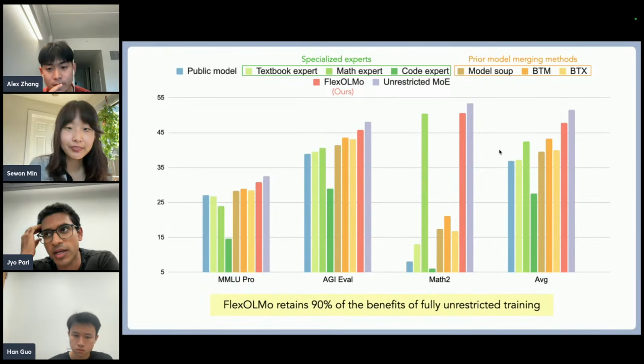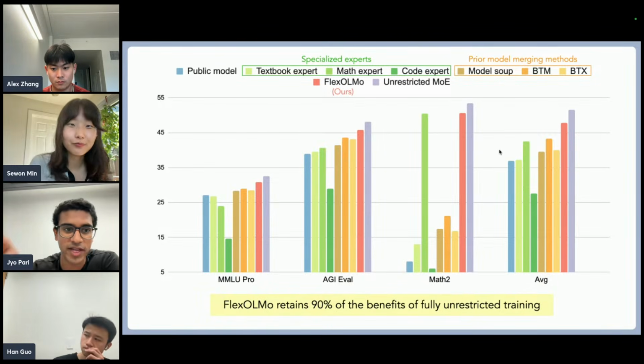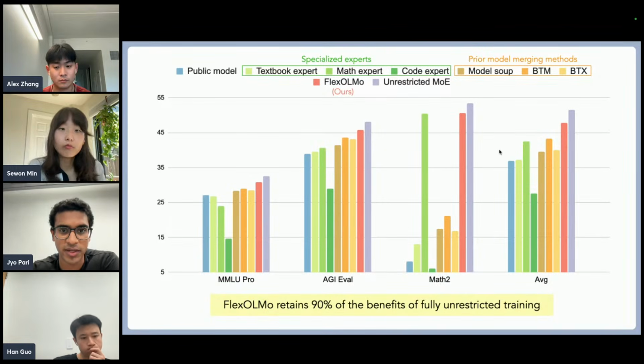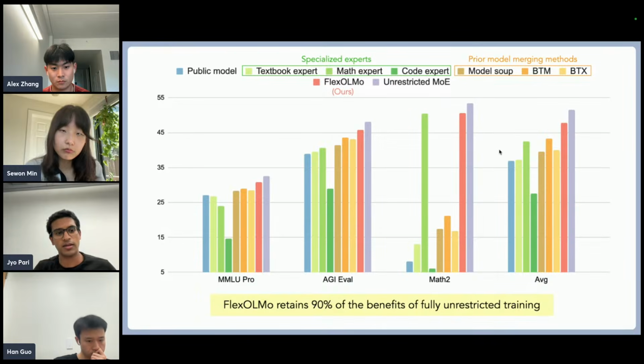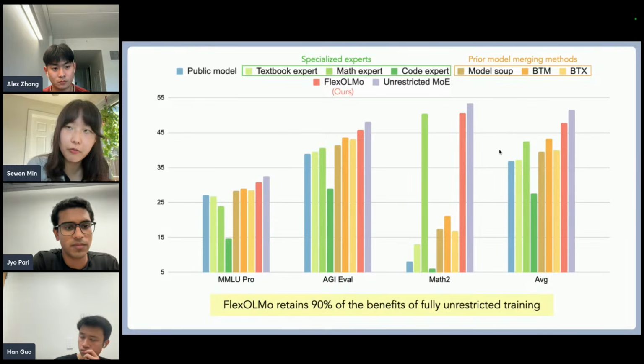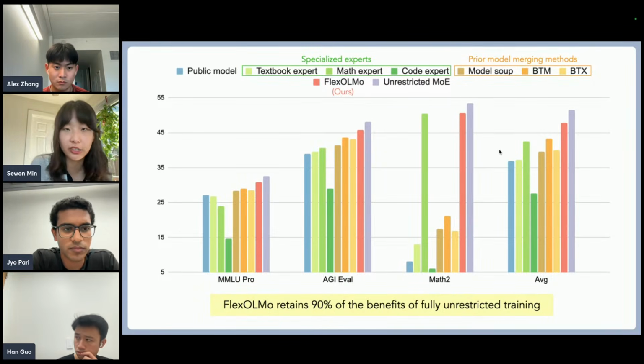Oh, okay, got it. And do you notice, between the routing in the unrestricted case and the FlexOlmo case, are they similar, or in the FlexOlmo case is it more sparse and the unrestricted more uniform? How much mixing is happening? That's a really great question. We haven't actually compared FlexOlmo and unrestricted MoE in router behavior. One thing I thought might happen in FlexOlmo is that for every layer they always choose the same expert. If we are evaluating on math data, maybe they will always choose the math expert, but